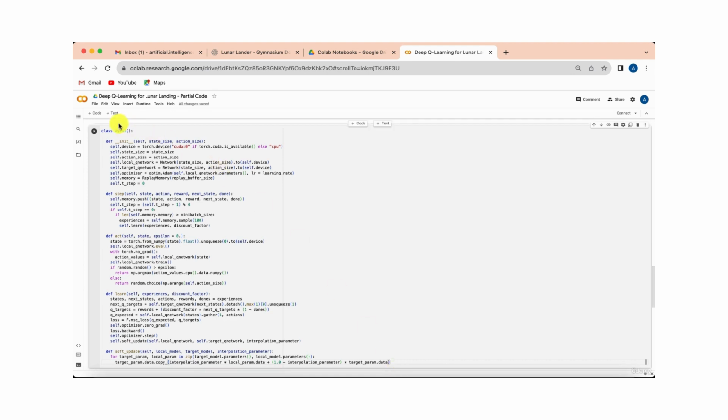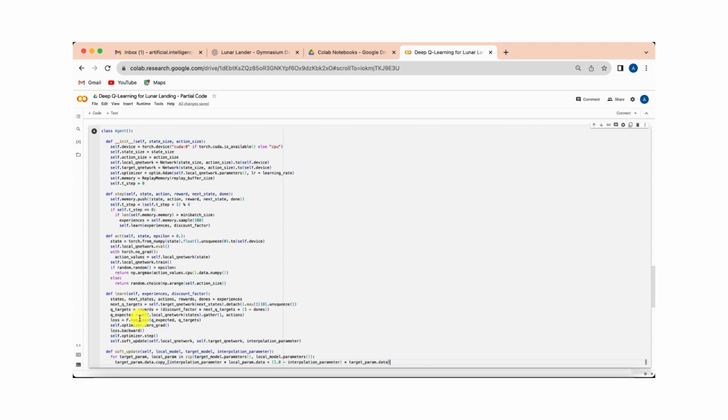First, we created this agent class that defines the behavior of an agent that interacts with our space environment using a deep Q network. And while it's interacting with this environment, the agent maintains two Q networks. First, the local Q network, and then the target Q network. The local Q network is the Q network that will select the actions, and the target Q network is the Q network that will calculate the target Q values that will be used in the training of the local Q network. So it's very important to understand both what they do separately, and also how they interact with each other,